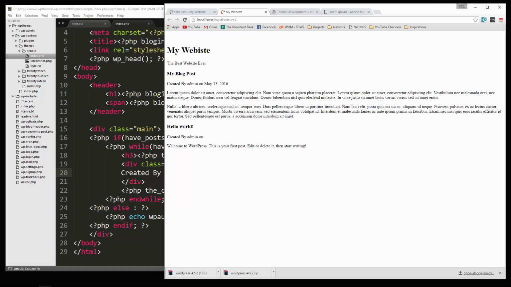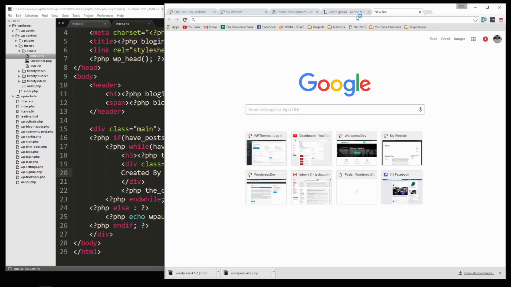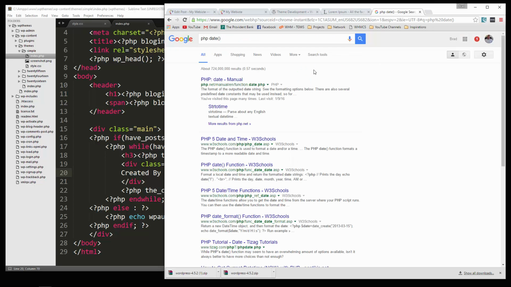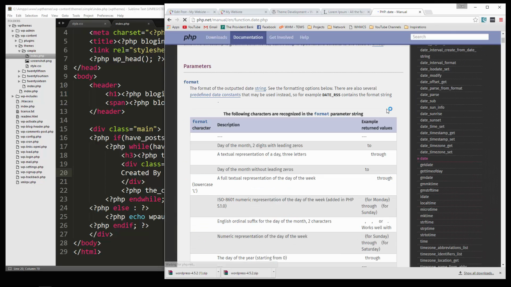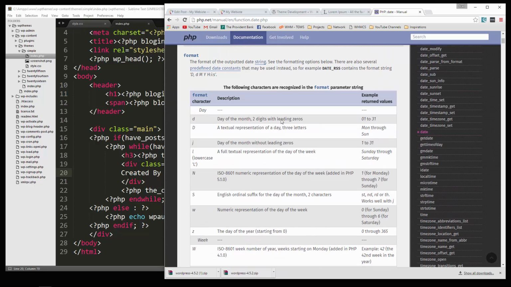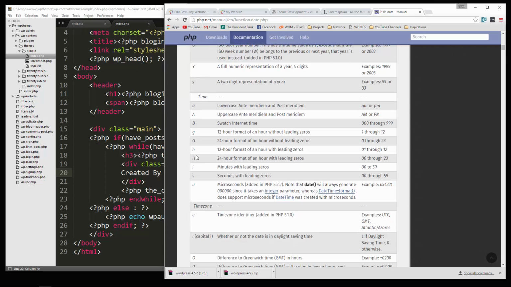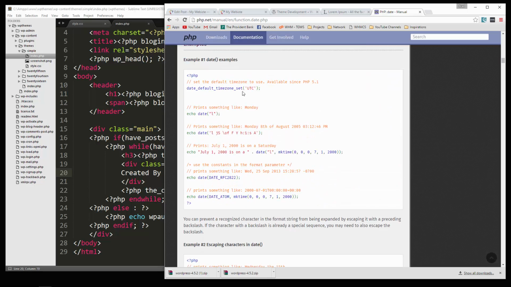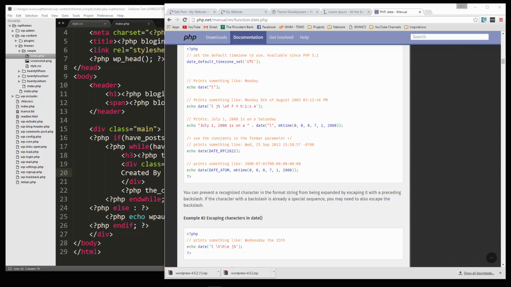All right, now you can format the date in a lot of different ways. If you know PHP and you've worked with the date function, you know that there's a lot of different formatting options. So let's take a look here. These are all used to format dates. I'm not going to go through all of this because it's a lot. There's examples down here. For instance,